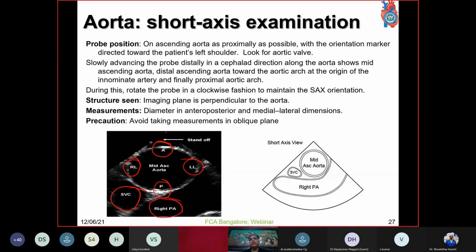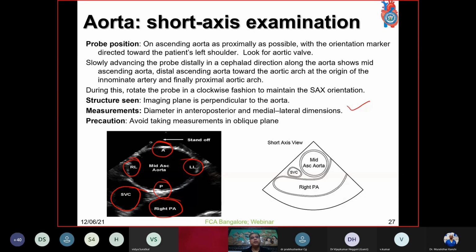So once you know all these adjoining structures to aorta, then it becomes very easy to tell the surgeon which wall is affected and which particular position is affected, to be avoided for cannulation and other things. And in this same way, we can take the anterior posterior diameter and the lateral diameters.